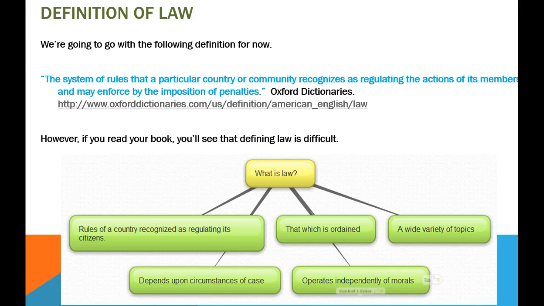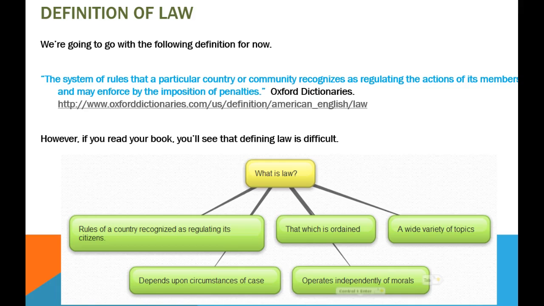All right, we're on the second slide now, and you can see that I've given you a definition of law from a dictionary, and you can read that yourself. The goal of this is not for me to be rereading PowerPoints to you, but to explain some things in the PowerPoints and go over things that need more emphasis so you know what to review for your midterm and final and that sort of thing.